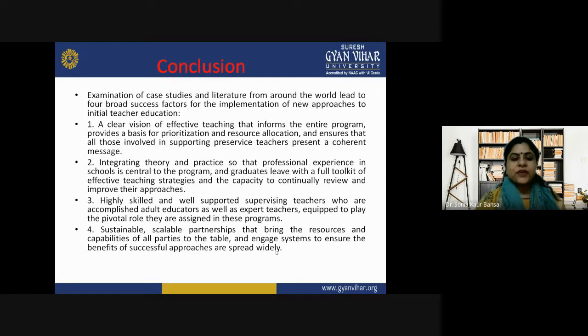So in conclusion, we can also say sustainable, scalable partnerships that bring the resources and capabilities of all the parties, like students and teachers, to the table. They engage the system to ensure the benefits of successful approaches are spread widely. So in a nutshell, we can say, students, that